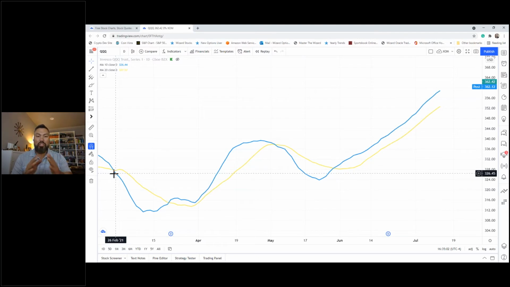So now we're looking at relationships between crosses. You have a relationship of the width of the separation, okay? So this is a little bit advanced, but the wider the spread between the blue and the yellow, the stronger the trend, okay? So as it widens and separates, that is a strong trend. It starts to really push away from the 20-day. And then, for example, right back here, see this pocket? Think of this as a pocket. Okay, see how wide this pocket is from the blue to the yellow? And then it starts to get really close.